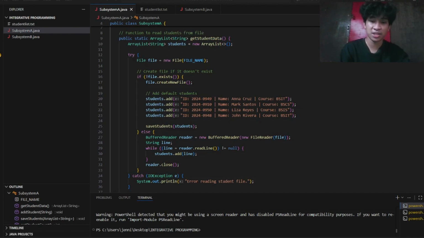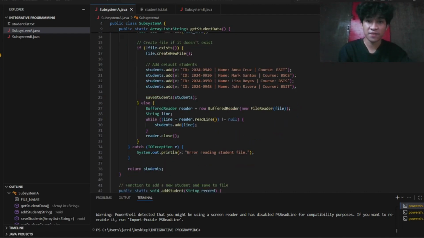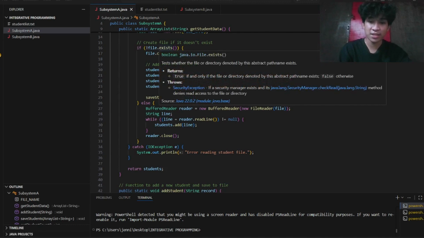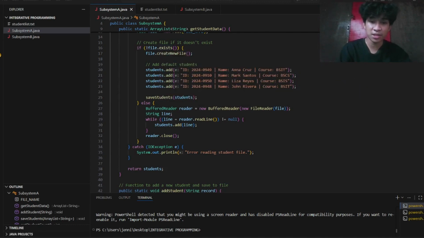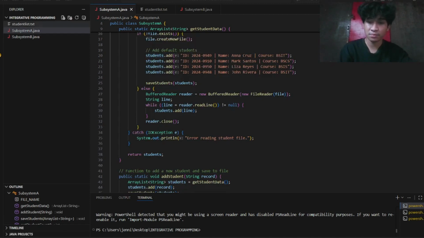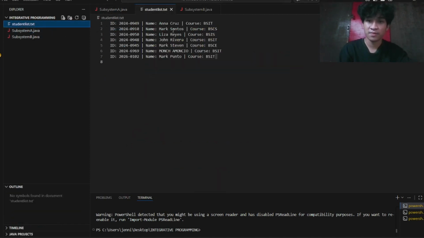The program then checks if the file exists using file.exists. If the file does not exist, the program creates it and adds some default student records. For example, here it adds default student data. These records ensure the system has initial data when it runs for the first time.